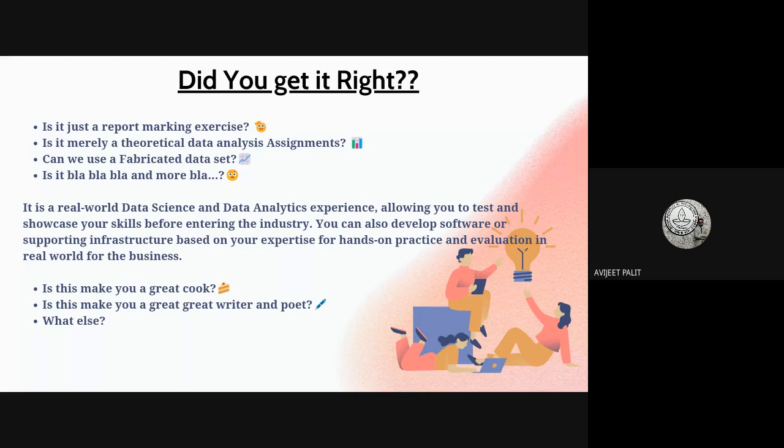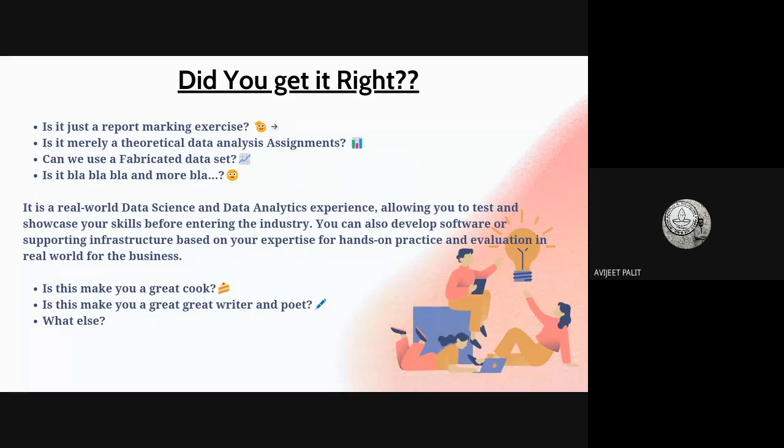A report should not be like a storybook. You do not have the leverage to write hundreds of pages. You have to compress it within 20 pages at max in your final report, and proposals and midterms are way less than that. It's 10 and 5 pages only. So report making is also a very skillful thing, but it is not the whole of it.